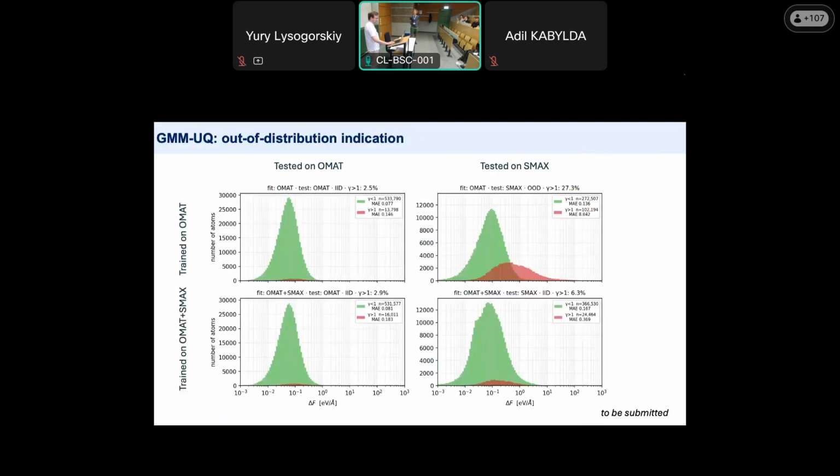Typically we look at such plots when we see the split into two subclasses, and we consider two criteria: whether the in-distribution indication is close to the training data distribution, and second, that it has a small amount of false negatives. False negatives are what we try to find. That's our criteria, and the correlation, as I mentioned, is something like 0.6 with force errors.